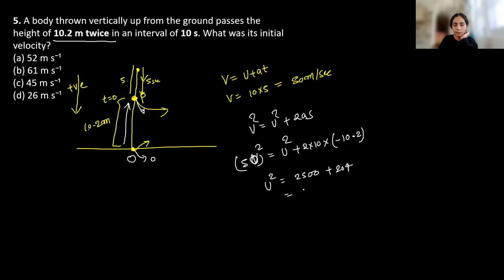So this will become how much? Here 204 you will be adding. So 2704 and this will be